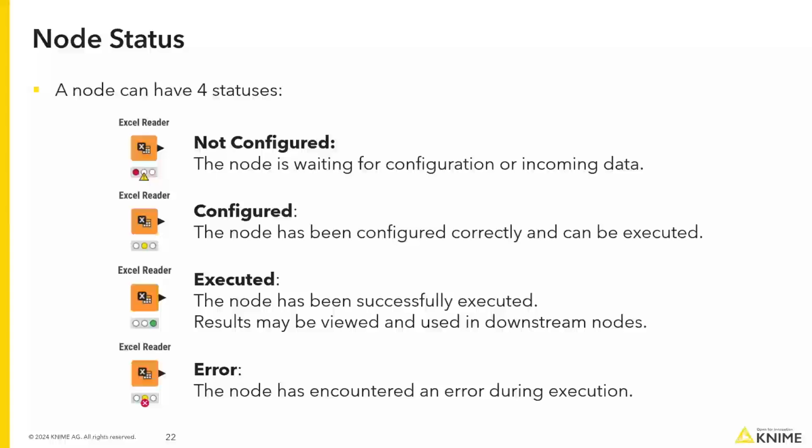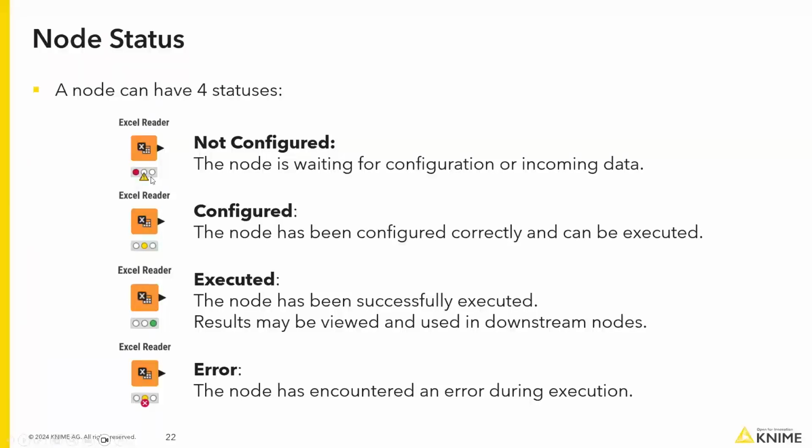Okay, so I briefly mentioned that each node has status, and there are different statuses that a node can have. For example, you can have not configured status. So basically, once you drag a new node from a node repository to your workflow, you haven't configured it yet. What does it mean? You haven't provided any parameters to it so that it knows how to execute its task on your data. So this is then the status that you will see, basically a warning that you need to